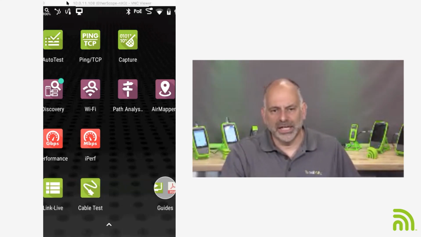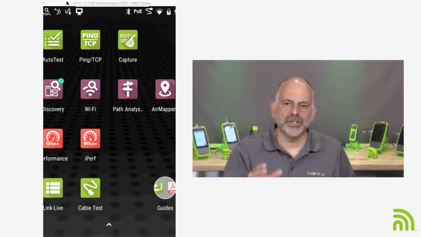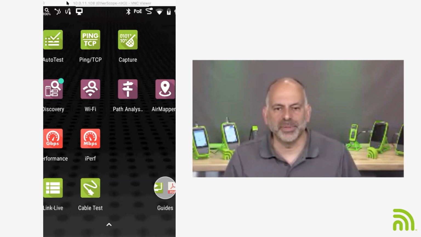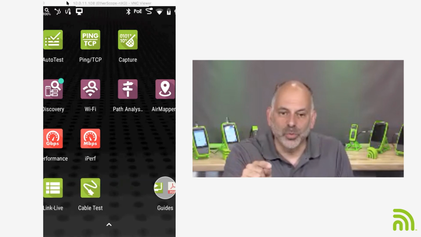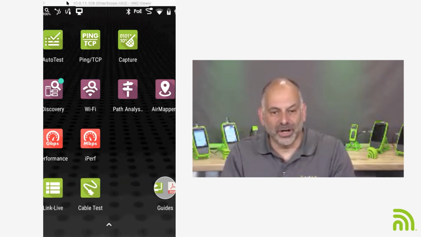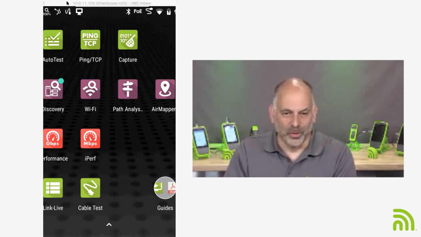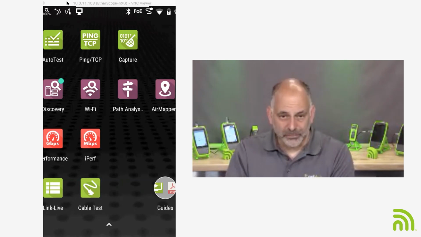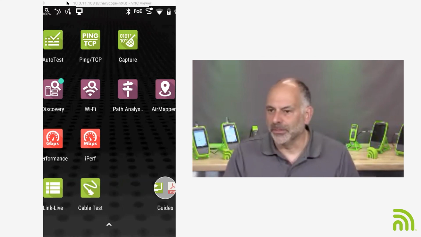Right here, I see that that switch is advertising 10, 100, gig, and I connected at a gig. I can even expand that. It's going to tell me what the advertised duplex and speed is, and what the actual duplex and speed is. So this gives me a way to tell that I'm connected to the switch, I've got all my pairs working, and I connected at the speed I expected to. Also, if we back up, it tells me on this particular switch, I am receiving